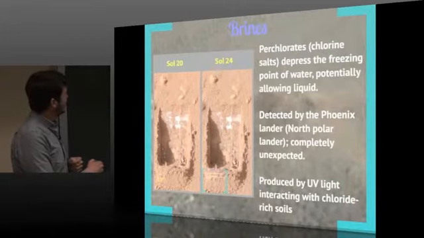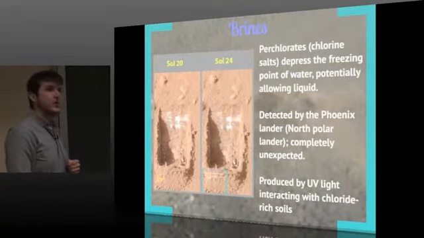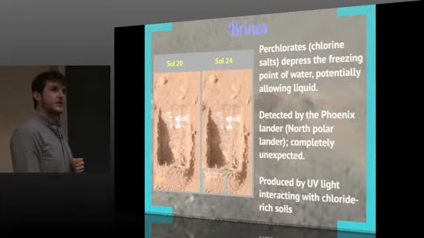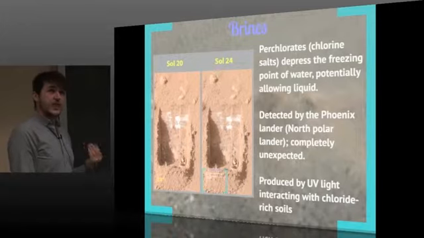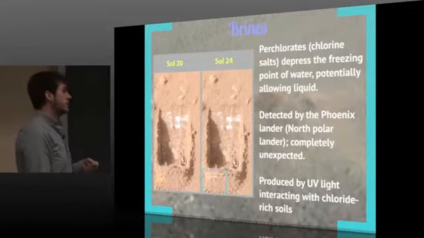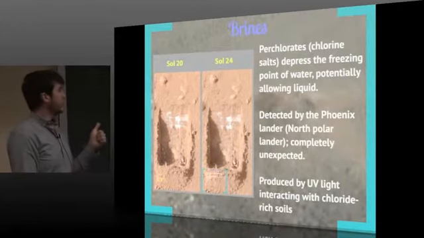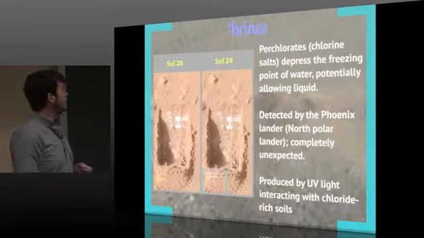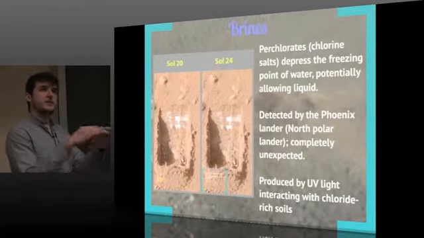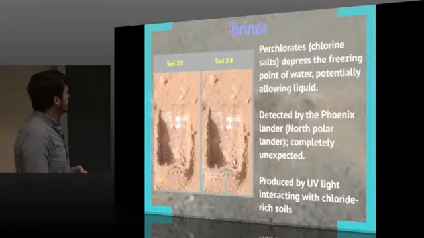So Phoenix had this little scoop that scooped out a little bit of soil, and then it saw these white spots disappear over the course of several days. And the interpretation was that there's subsurface ice all throughout the northern latitudes of Mars. This is consistent with observations of neutrons, which are made from orbit. This subsurface ice mantle tends to absorb neutrons quite well, so there's sort of gaps in what we would expect